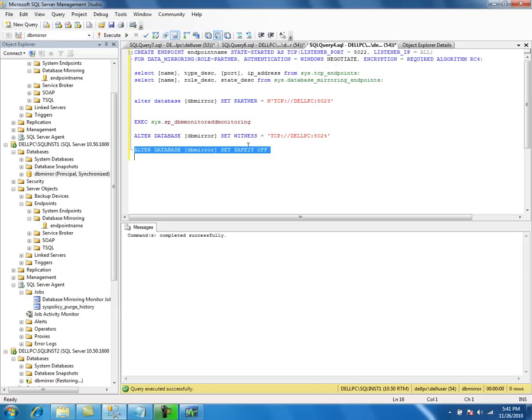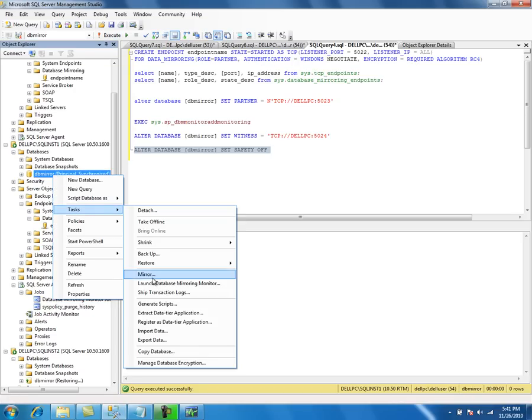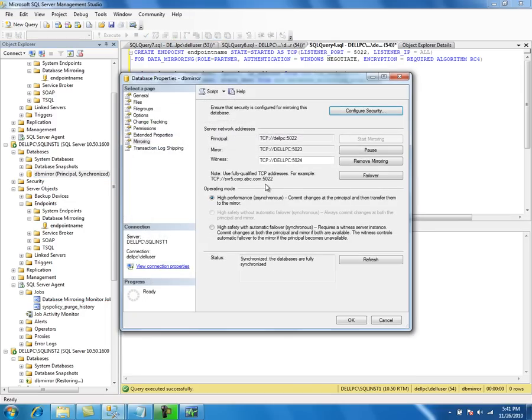Okay, we need to execute this command on the principal server, because only on the principal server can we change the operating modes. Right now we are on the principal server. If we execute it and take a look at the mirroring session, you can see that the operating mode is asynchronous mode, but still